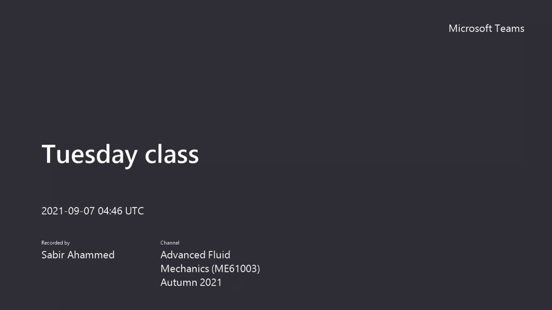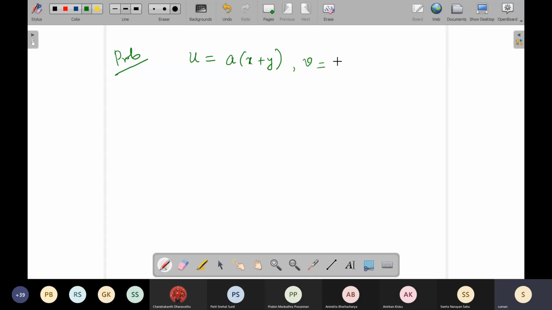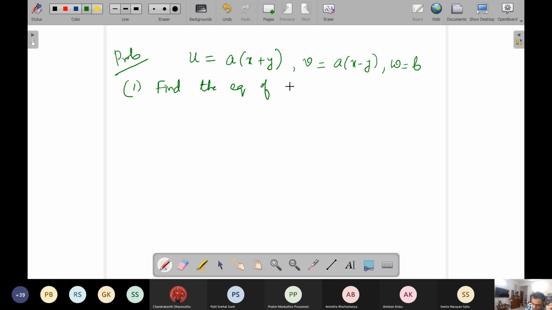The following three components, U, V, and W, where A and B are constants. So the first question is, find the equation of a path line passing through